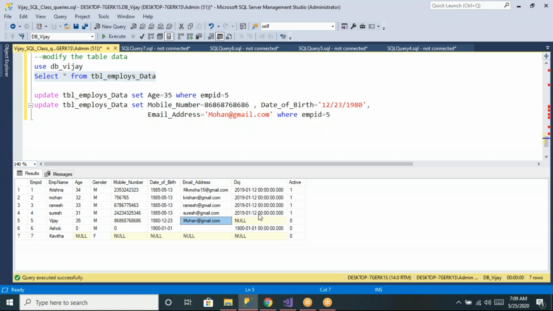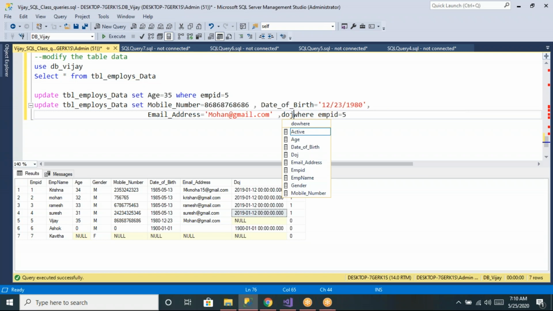You mean to say for date of birth, you want to give just a date value without time? Yeah, but my query I have written is date time. But now I'm going to give only date because I am not sure about the timing. So if I give that, it accepts. Suppose let us say DOB. So DOB is defined as date time.